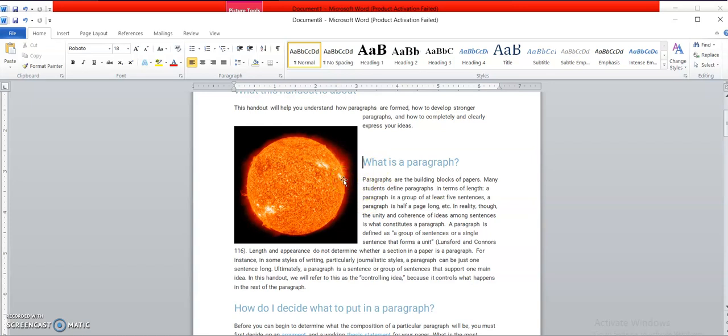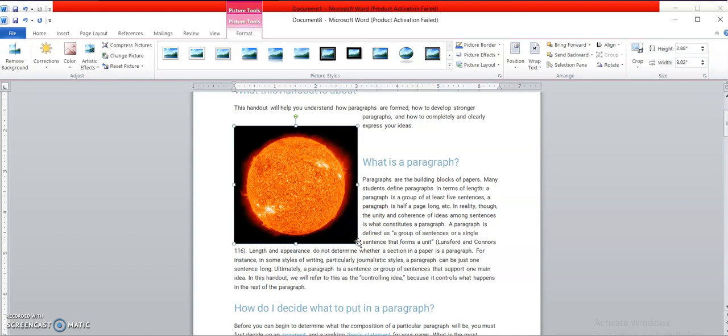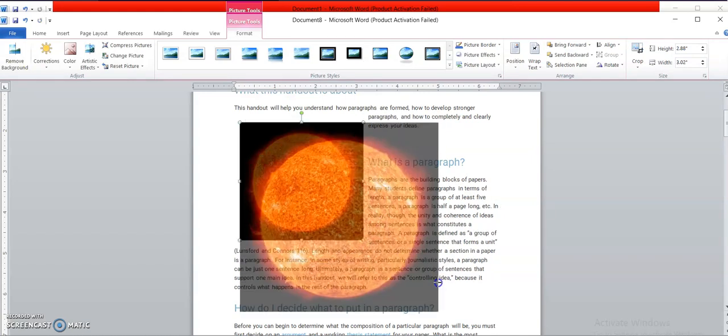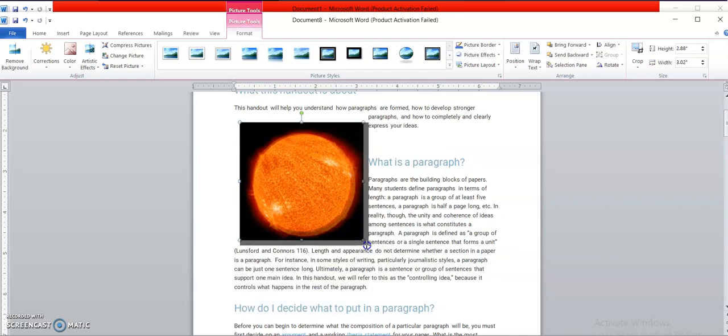In all word processing software, if you select the image control handles, it will appear like this. You can select the picture, you can position the size of the picture like this, you can scroll over it, and you can select the size of the picture. So let's move to the next session, the 10th session of the chapter, that is inserting objects.